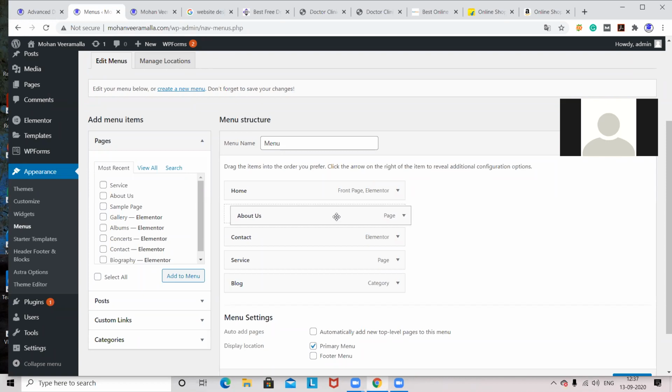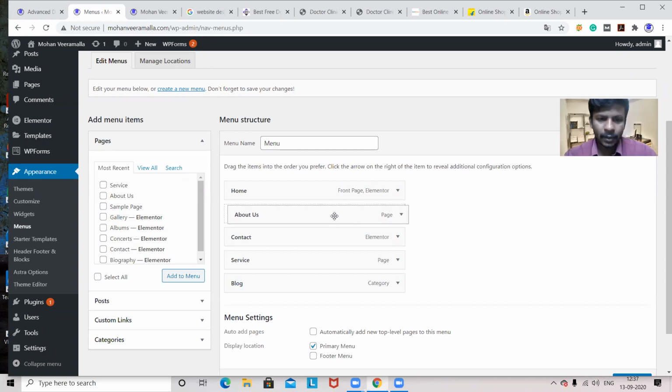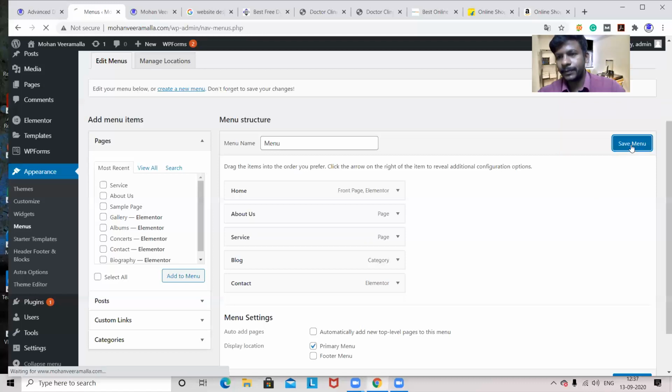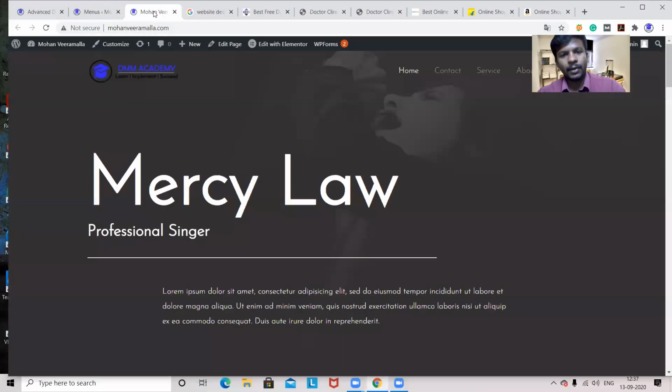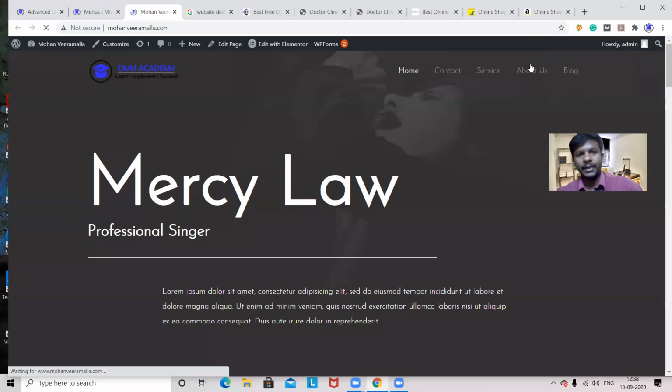Can you see this? Yes, sir. When you see the dotted lines in the background, they should have the same equal length. So here you have to drop. Okay, after about us, I want services, so I'm taking this again and dropping it equal to about us. After that, I'm taking contact to the bottom. Okay, I dropped it. So I made the alignment and I'm saving this menu. Now the menu got saved. When I go to this website and refresh, I can see the changes in the menu. So these are the changes we did.